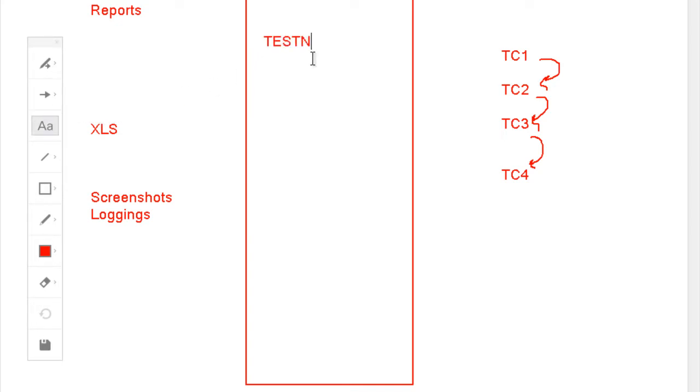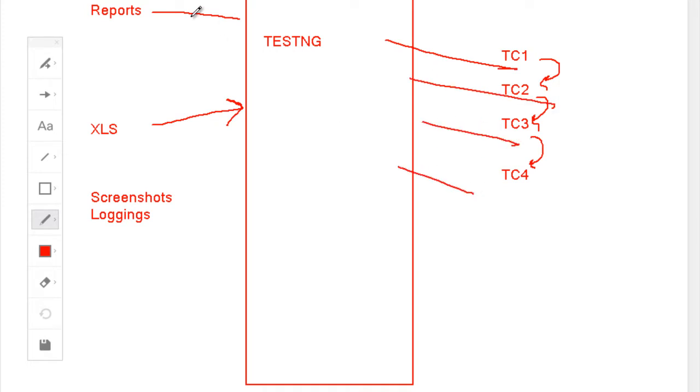I have told you this before as well. So what TestNG will do is that it will read the data from the Excel file, correspondingly run the test case. It will generate the reports as well. It will do the screenshot, logging, provisioning and everything. Now, moving ahead, the first thing is